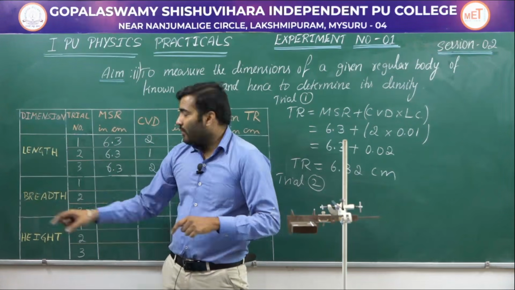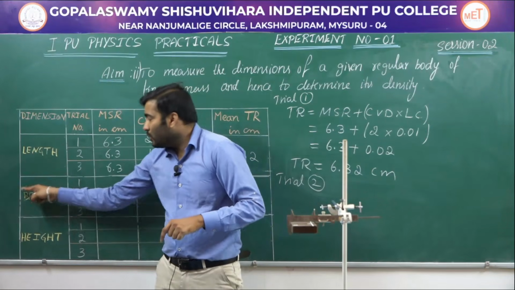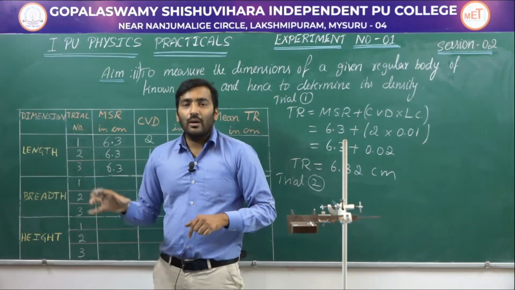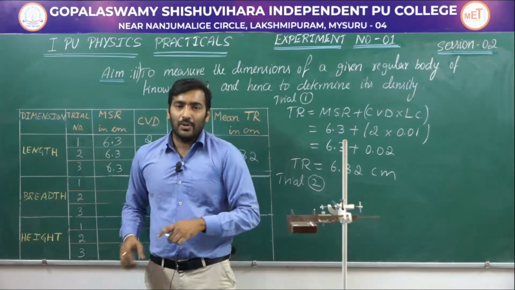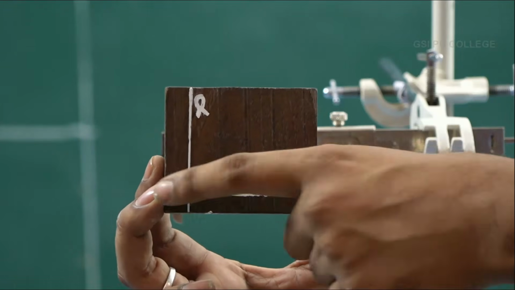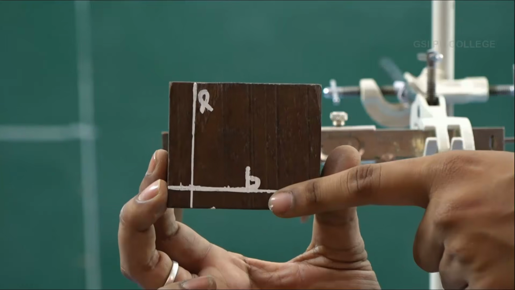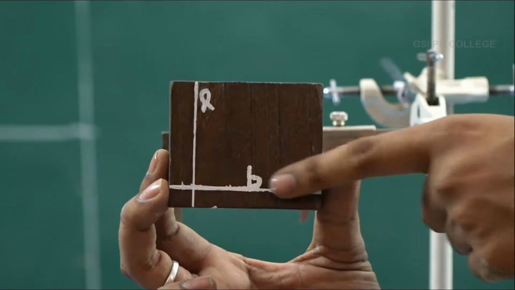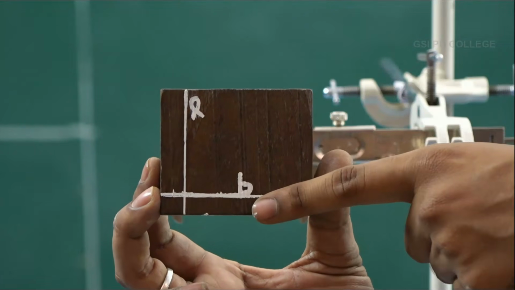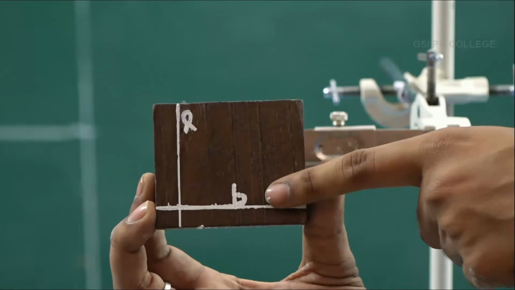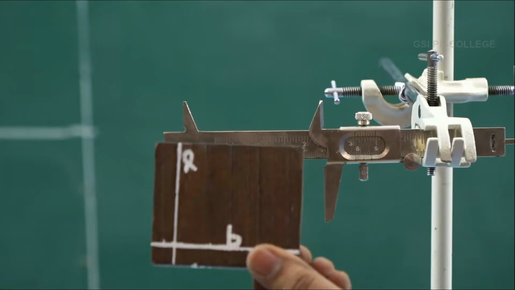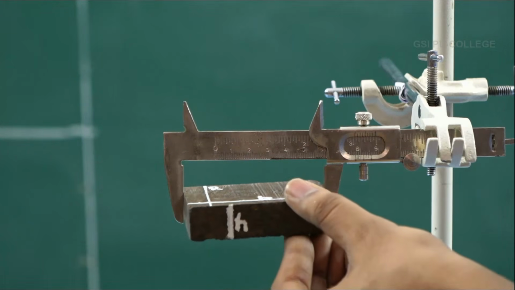So for the same object, we are changing the dimension to breadth now. How do you find the breadth using the vernier calipers? You can see here the breadth is marked as B. Now you have to place the object along this breadth. Let us place the object along this breadth now. I am placing the object like this